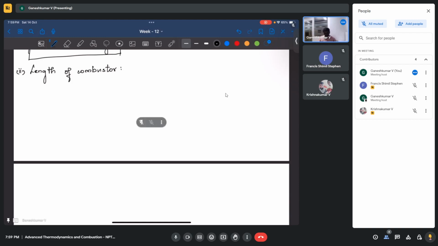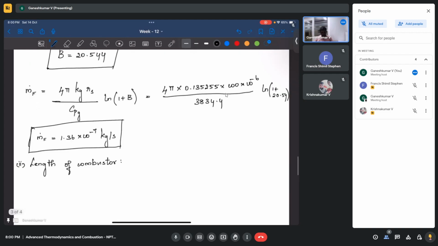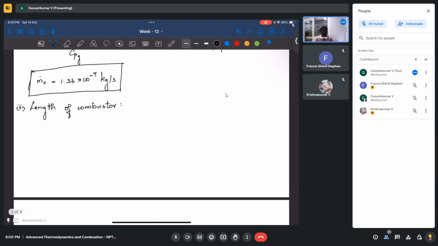Let me continue. So basically, what I am trying to say is the length of the combustor will depend on the velocity of droplets and also the velocity of gases. If these two are not the same, the formulas we use to derive it would be different. So we need to take into account convection effects. When we add those effects, the burning rates will be different, and similarly the temperatures will also be different. So to find the length of the combustor, first we need to find the droplet lifetime.